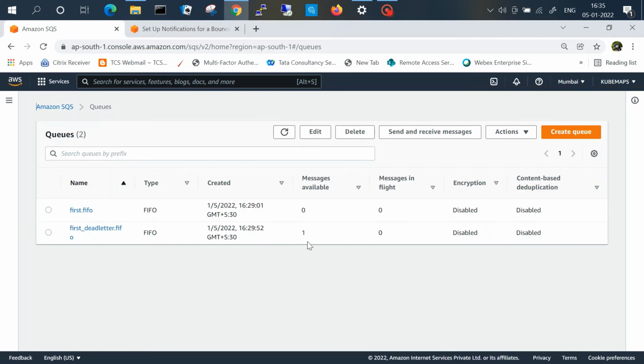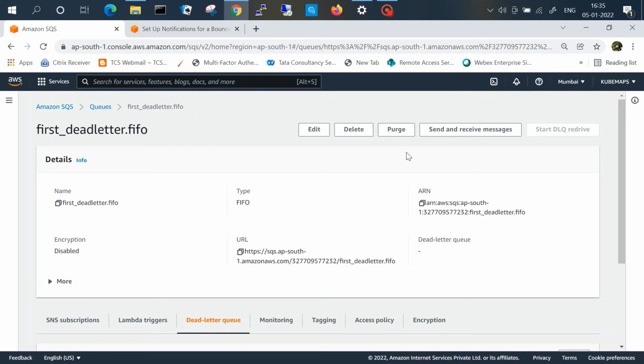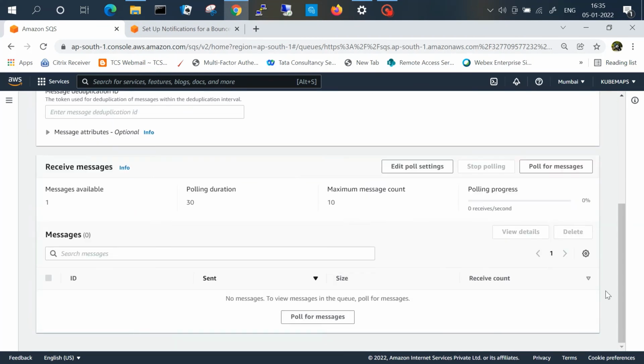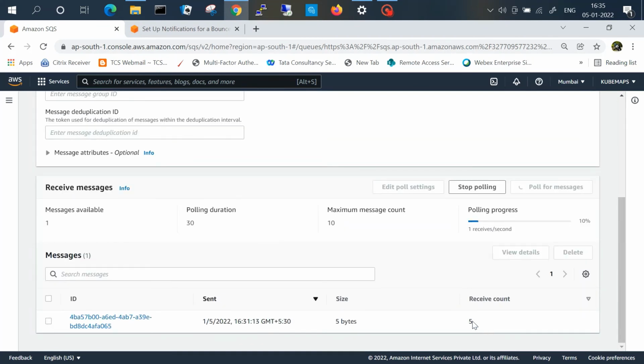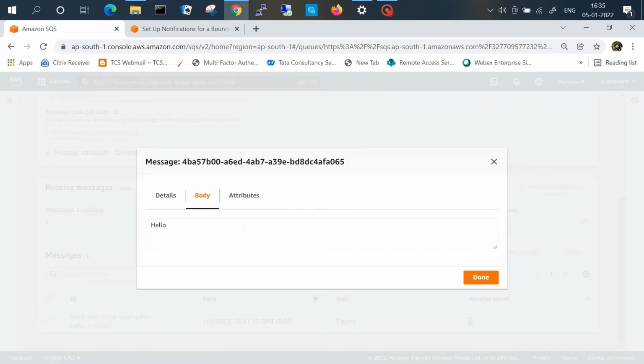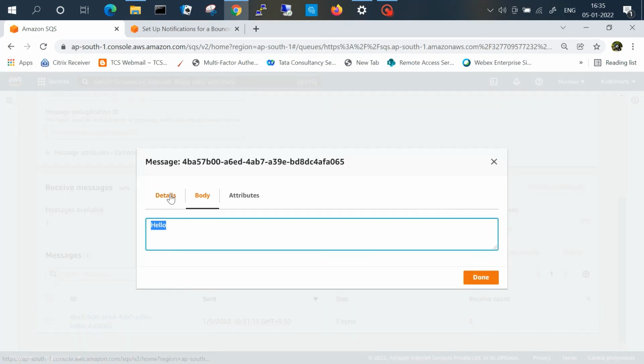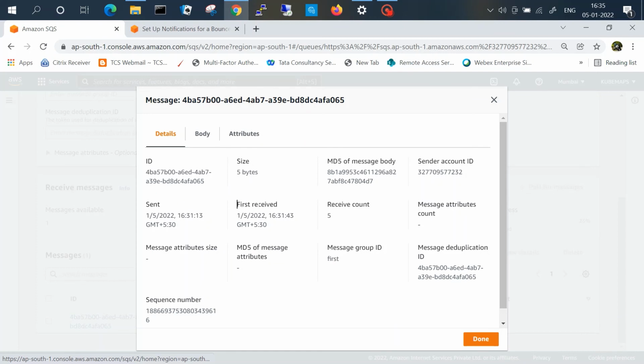Now you see the message has moved to the dead letter queue. And if we poll a message from the dead letter queue, you will see the receive count as 5. You will see the same message, and you will see the first received time is 16:31. So it's the same initial time. It will not get changed.